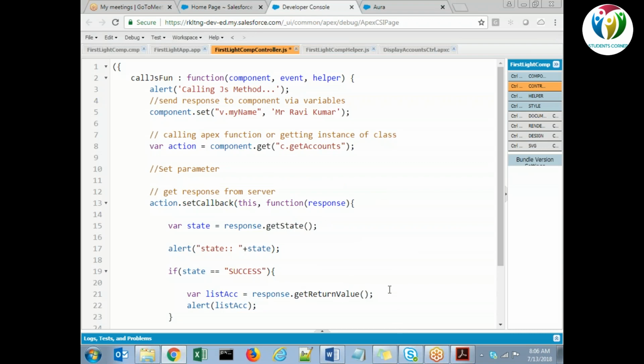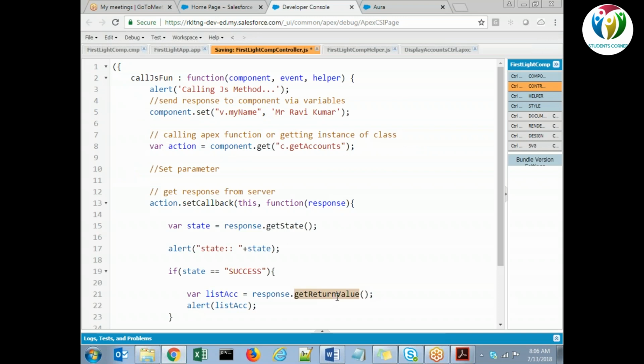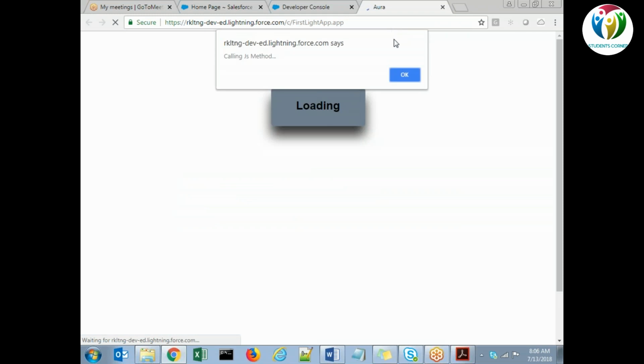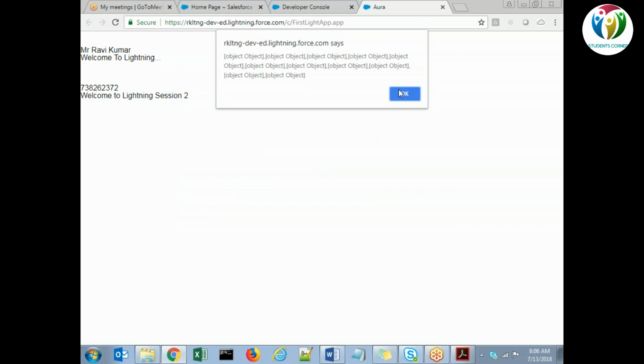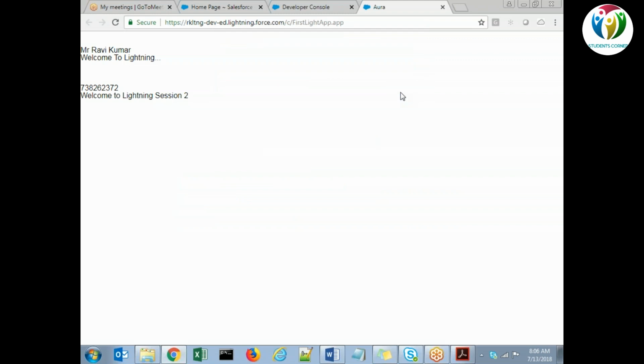Okay, so again I can repeat the steps if you want, because we got the response. See, we got it in object form, right? So if I want to convert it into a string, Nikhil, what do I need to do? You need to typecast it. I need to serialize it actually. Sorry, deserialize it. Serialization and deserialization is the process of converting either a string to an object or an object to a string. And for that we have a function.